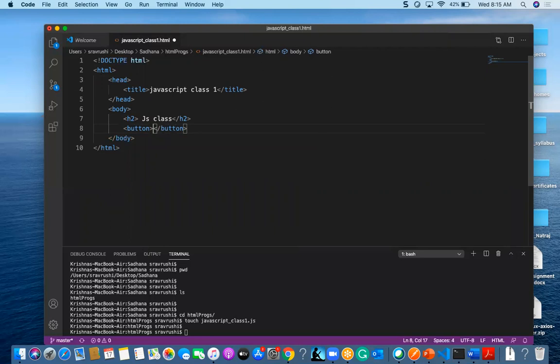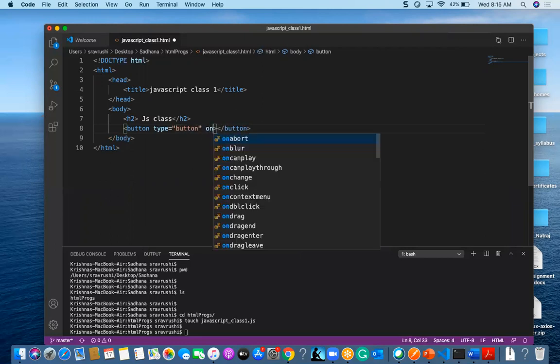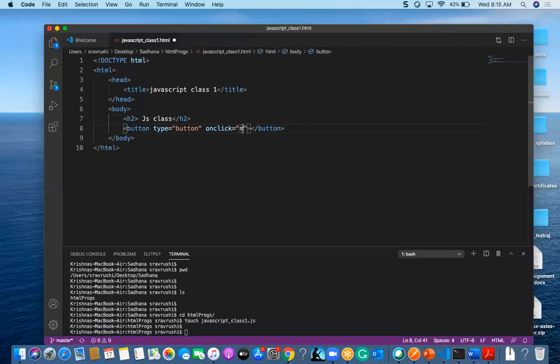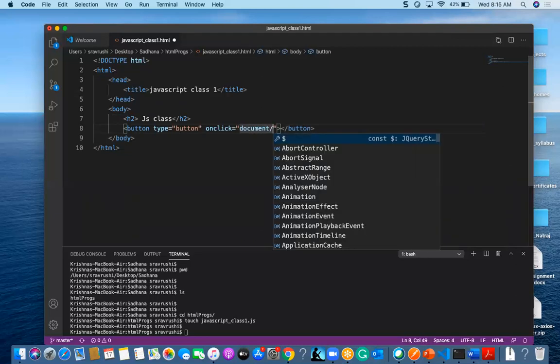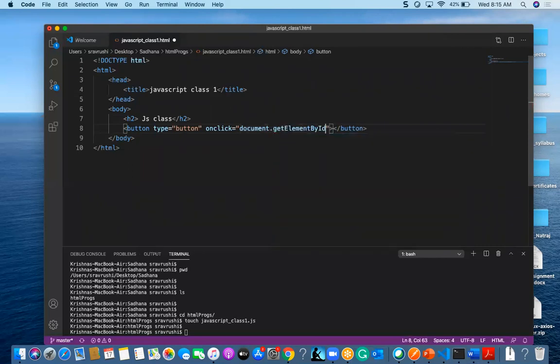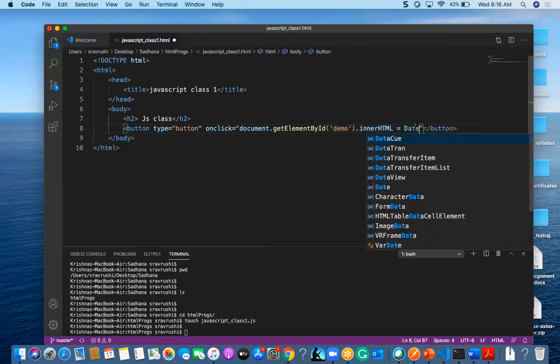In this button I am going to give type equal to button, and onclick, document.getElementById demo, dot innerHTML is equal to date.